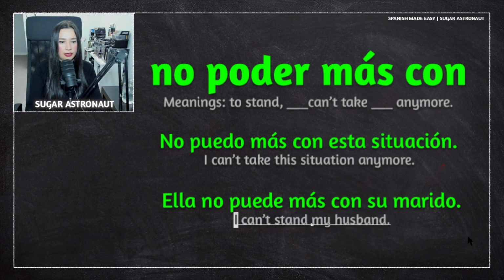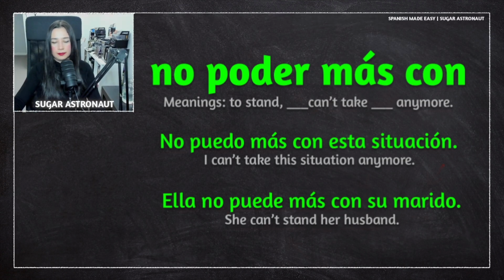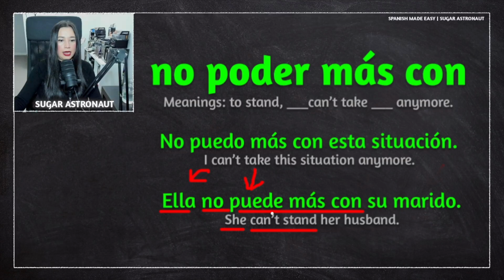Now, this means she can't stand her husband. Okay? Ella means she. And then we have the whole phrase. This changed because we need to conjugate it for her, right? She can't stand. Ella no puede más con. Su means her, also his, and also